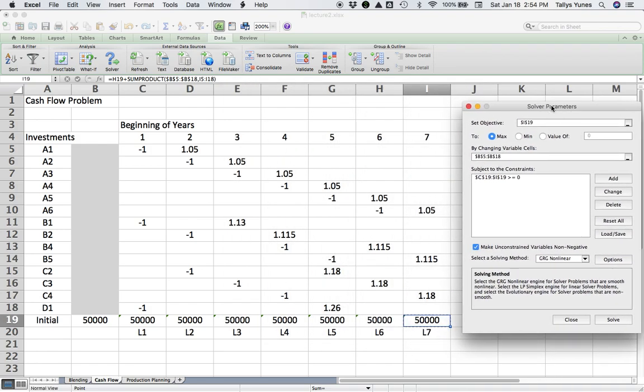Notice that because the investments are variables, this checkbox will prevent them from being negative. But because the L cells are not variables, this checkbox does not affect them, so I have to explicitly say I want the L's to be non-negative. And also we always change this to the linear solver because we only have a linear constraint here. If we solve this,